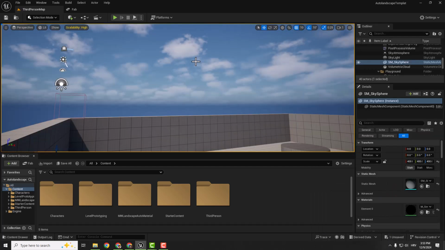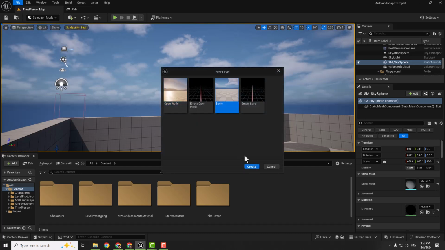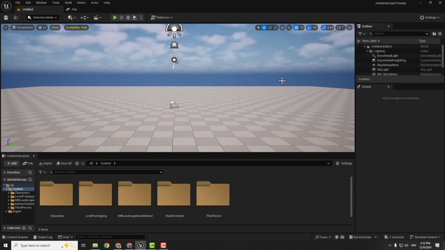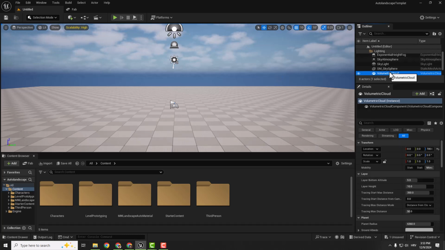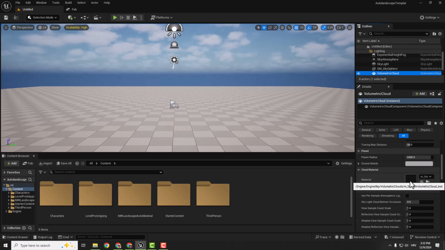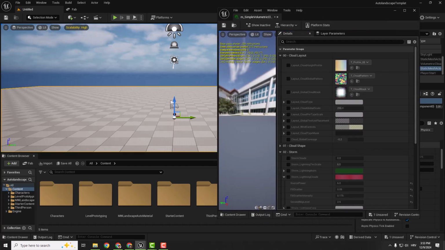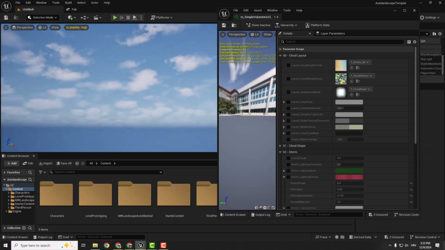So let's go. To do that, we are going to go to File, New Level, just for the sake of this presentation. Hit Create so you can see everything on the right side. You can see right over here volumetric cloud. If you select it and scroll a little bit down, cloud material, just double click the material, and over here we have some options. If I delete the floor so you can see the clouds,